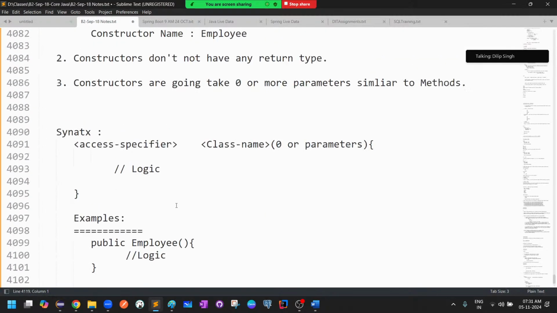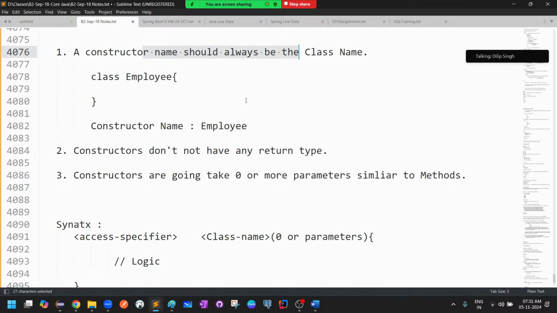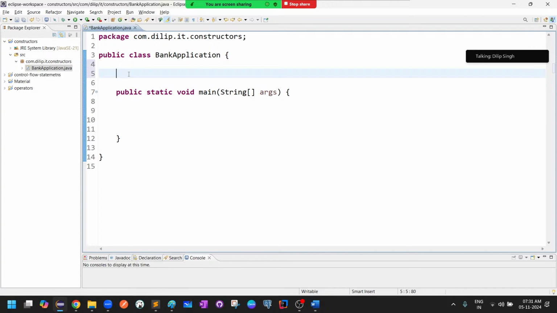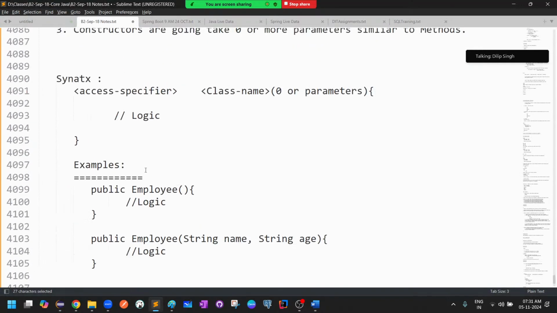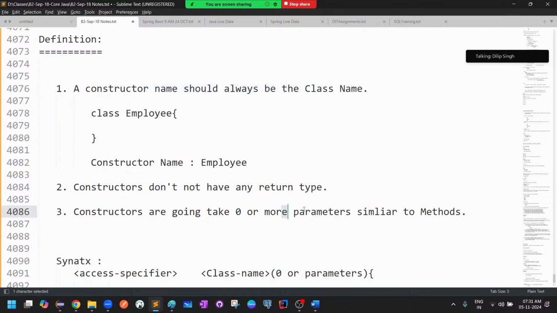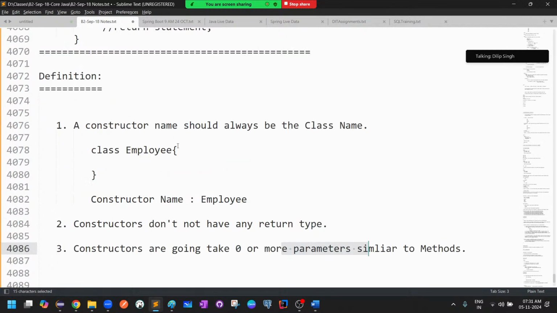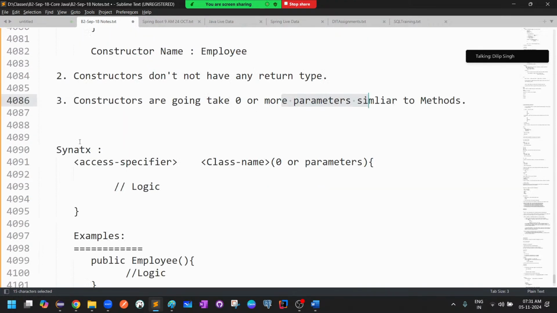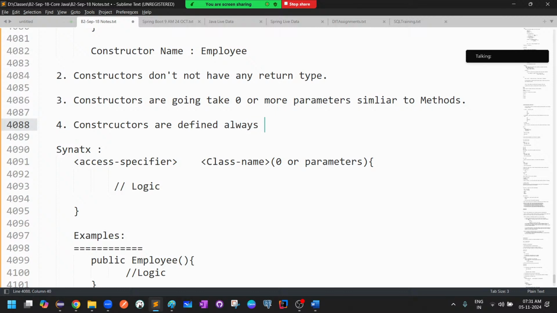Constructors should always be the class name. You can write constructors inside a Java class. Similar to methods, some of the rules applied for methods are applicable for constructors also. Let me write one more point here, from the definition point of view. Constructors are defined always inside the class